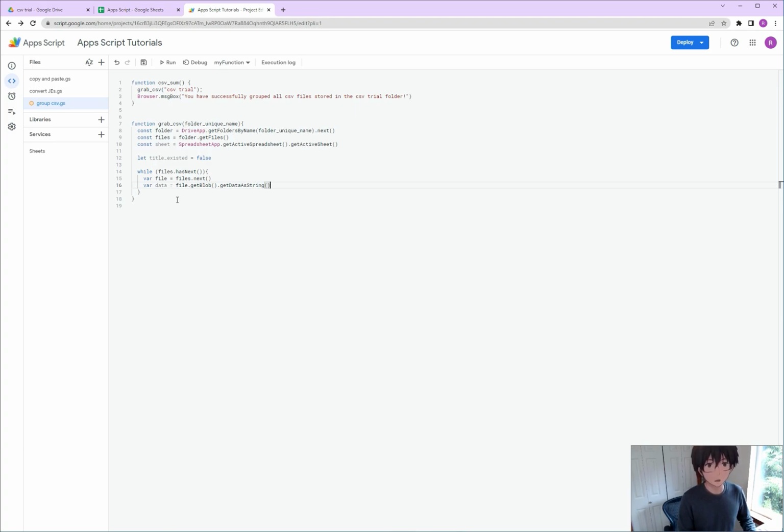So here I will just retrieve all the data as string, and then I can go ahead and parse the CSV file. I will just call it CSV for the moment. Just use the utilities, the parse CSV function, and basically pass all those strings I extracted from the file. And with this,